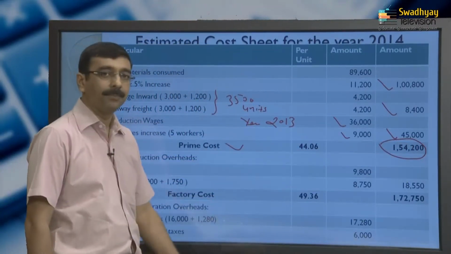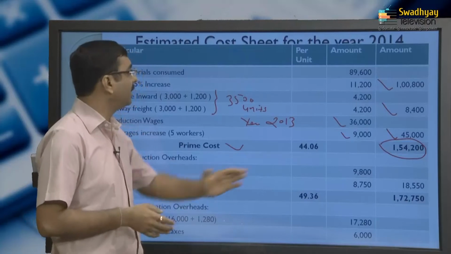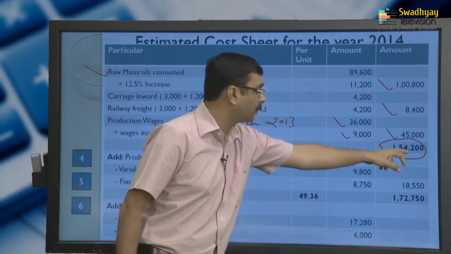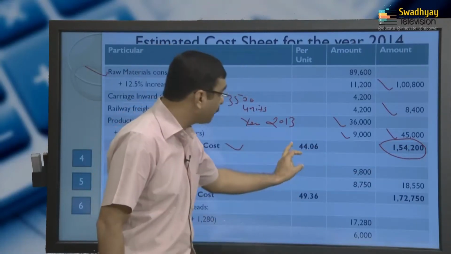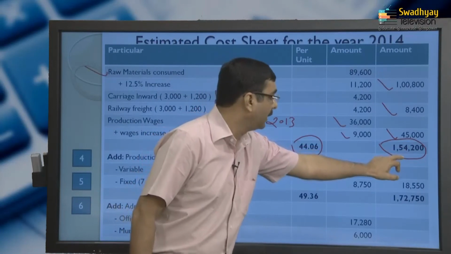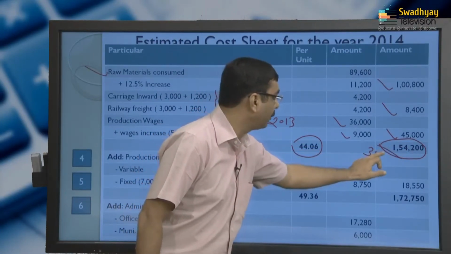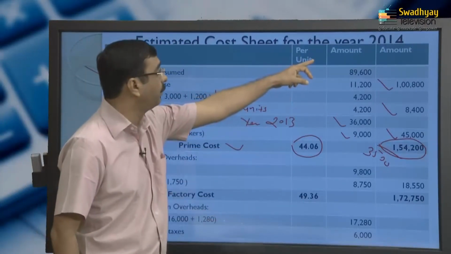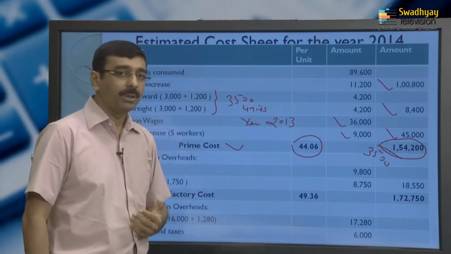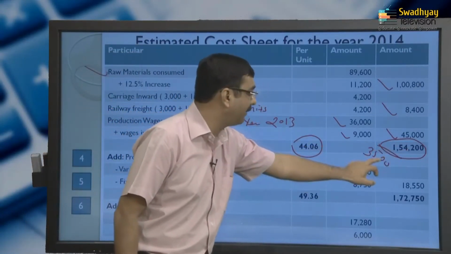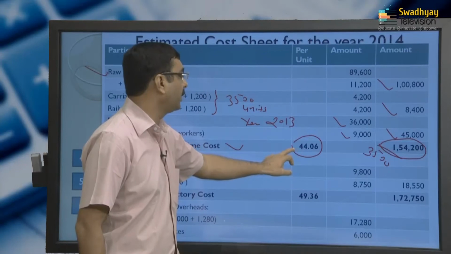That is your first answer. Your first answer for the estimated cost sheet 2014 comes to 1,54,200 rupees. How does it come to 44.06? This 1,54,200 divided by 3,500 units. 3,500 units is the estimated cost sheet for the year 2014, and they ask in the question to find out the per unit cost also. So 1,54,200 divided by 3,500 units, per unit cost is